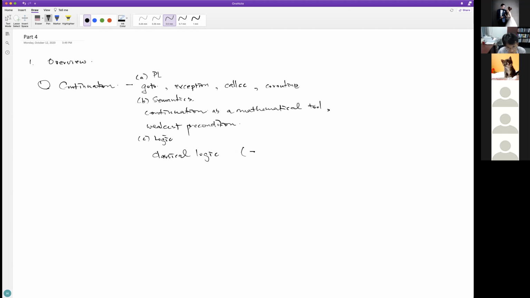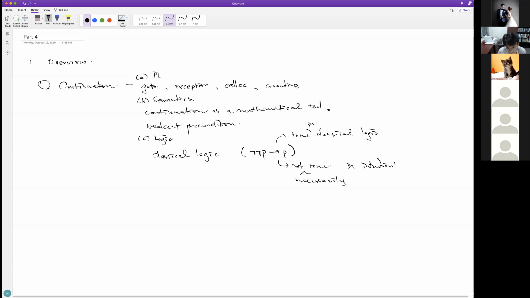So in classical logic, you have the implication, not not P implies P. I mean, this is true in classical logic. In Korean, it's called 대중률. But this is true in classical logic, but not necessarily true in intuitionistic logic.